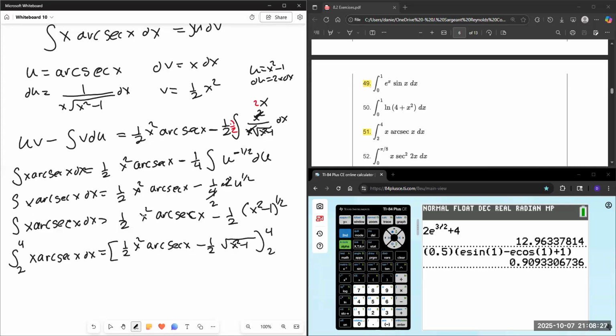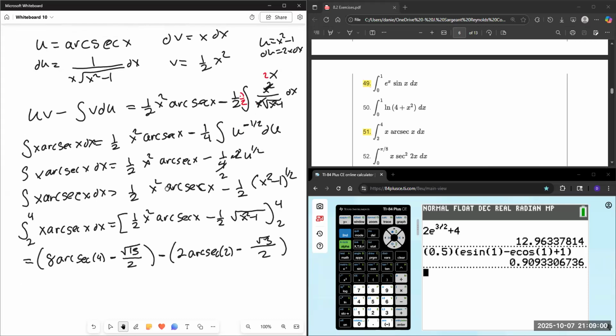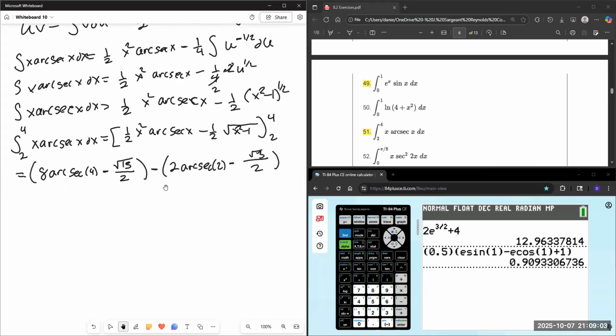Stick 4 in there: half of 16 is 8, arc secant of 4, minus the square root of 16 minus 1, which is 15, minus half of 4 is 2, arc secant of 2 minus the square root of 4 minus 1, which is 3. So this is